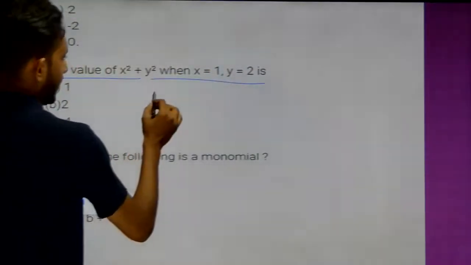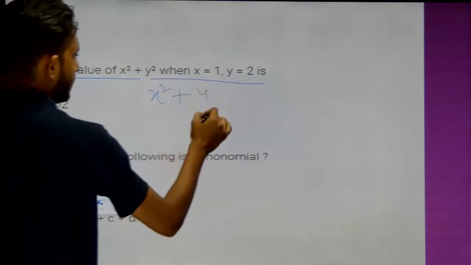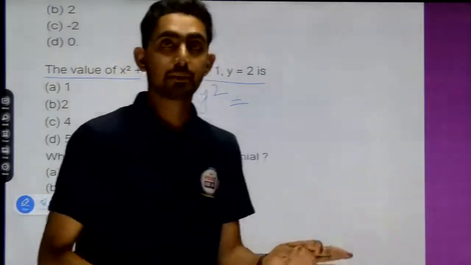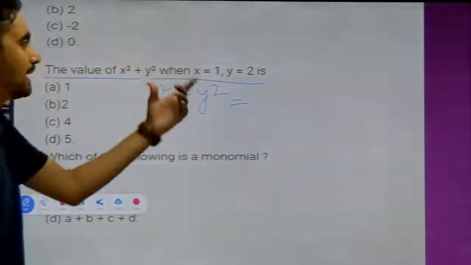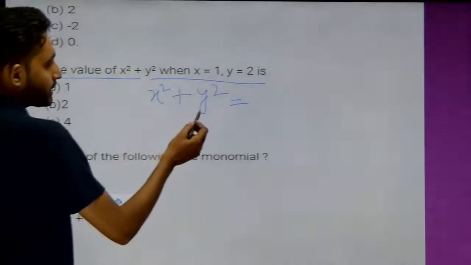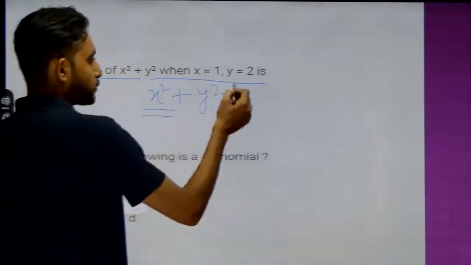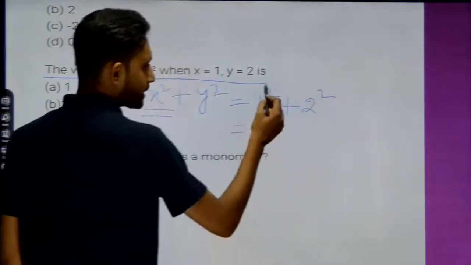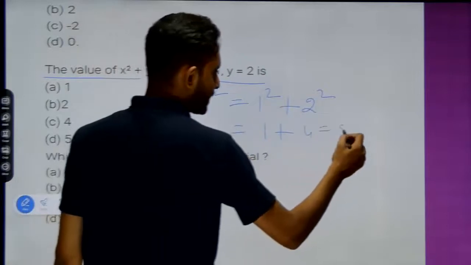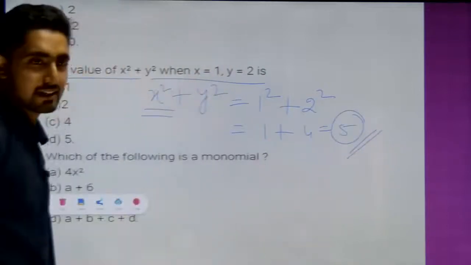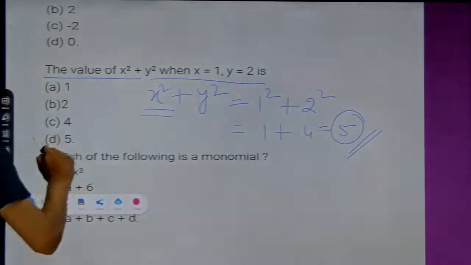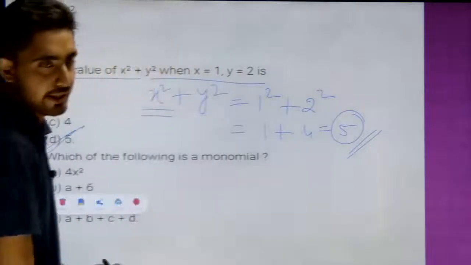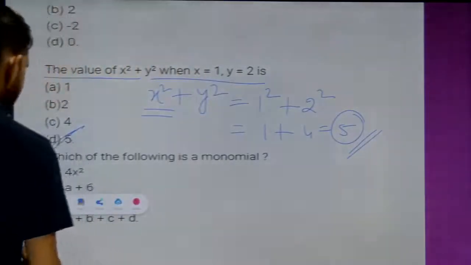Okay, so let's see here. What is the answer? x square plus y square is there. No issue, my screen is not fully visible, so that's why I'm writing the question here also. I am writing the question in front of you as well. x square plus y square is equal to, instead of x put 1 square plus y square, that means 2 square. So 1 square is 1, 2 square is 4. So the answer will be 5. Yes, your answer is correct, 5 is the correct answer. So option number D is the 100% correct answer. Okay, understood? Very good.